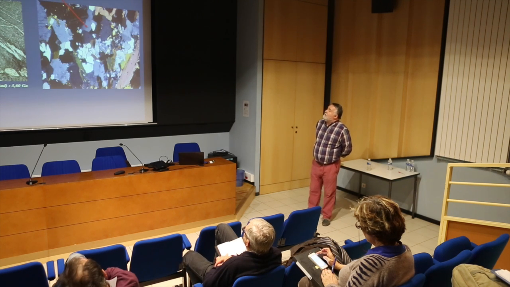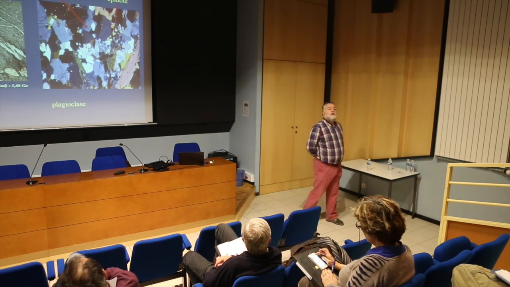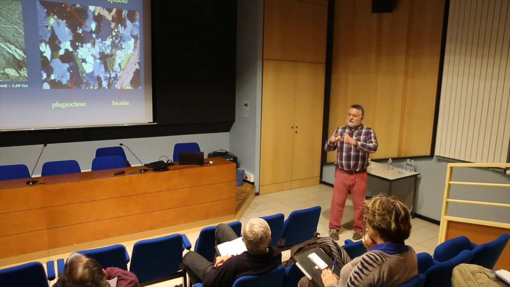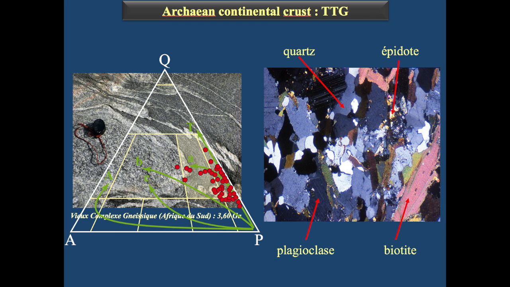Now we will have a look at the continental crust. So we had a look at the Komatiite. Now we'll look at the granitogneissic basement. So remember, these rocks are gray gneisses, here or here. So it's a gray gneiss. And looking at these rocks under the microscope,